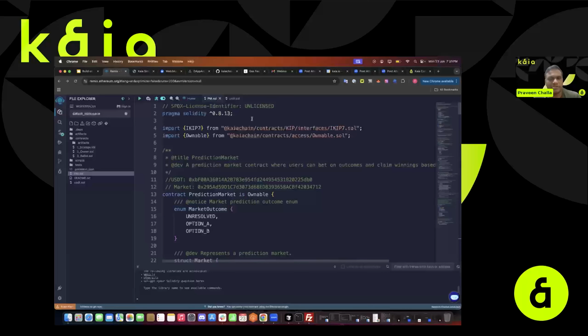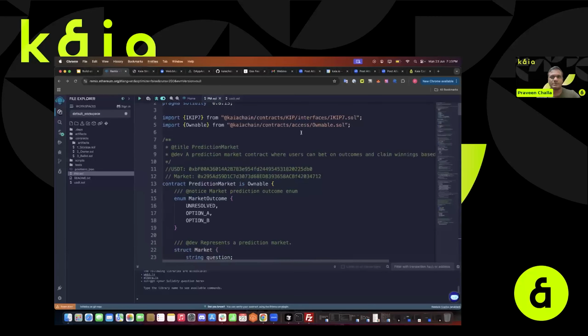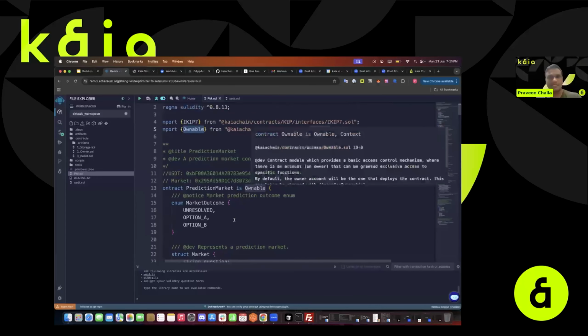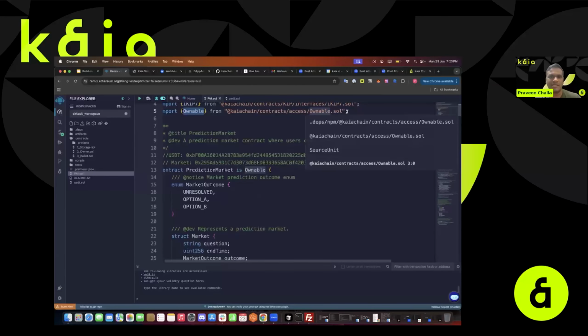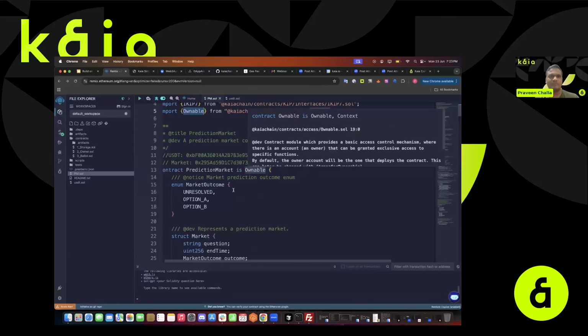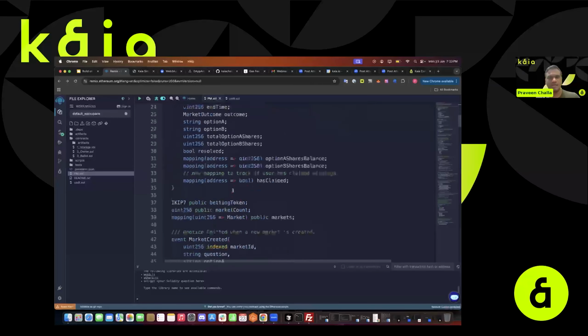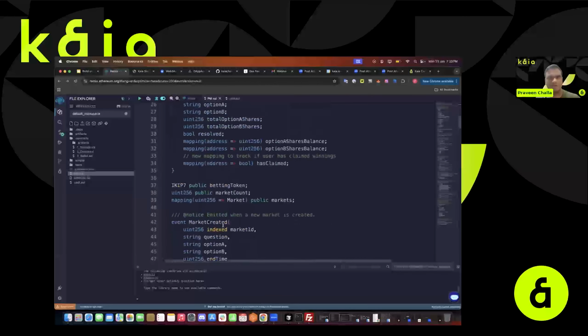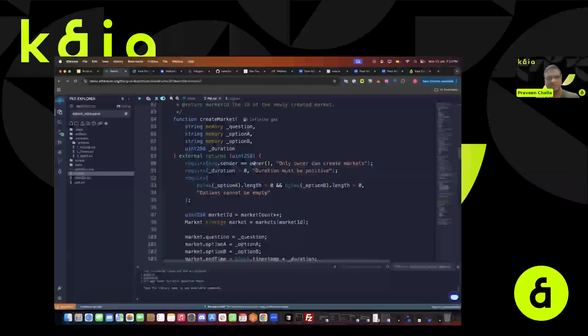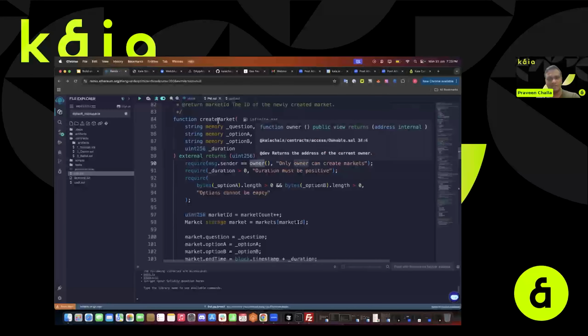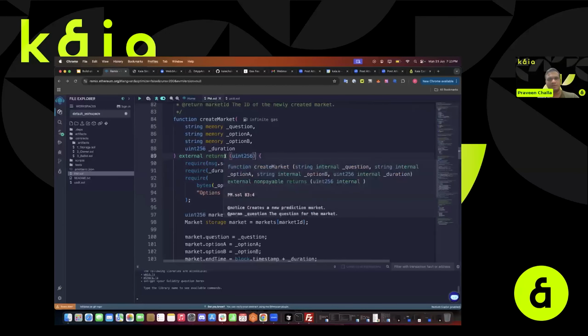So this is the prediction market smart contract. As you can see, I'm using Ownable, which means we are extending Ownable, which gives you an owner function, and the implementation is in this particular extended contract, and it will give you the owner of the contract, the deployer. Based on that, for example, we don't have an owner-related variable anywhere here, but as you see, we have used it in a few places. You can either add onlyOwner here in the function,